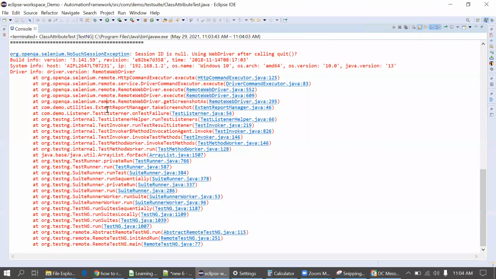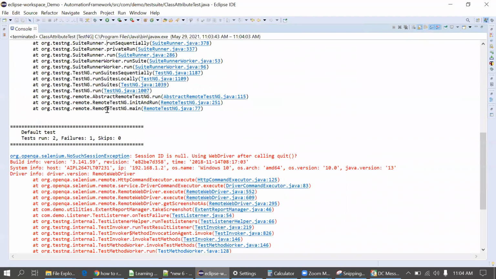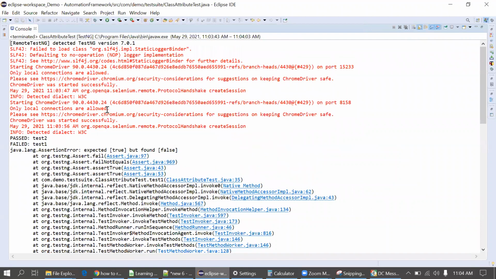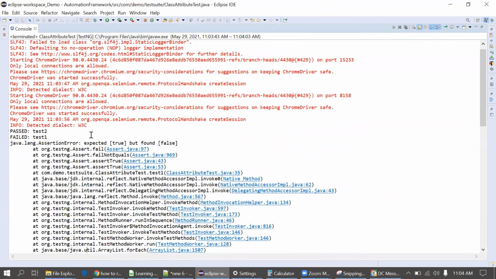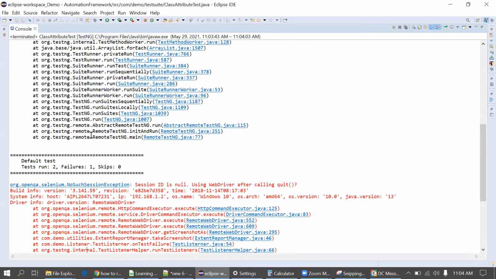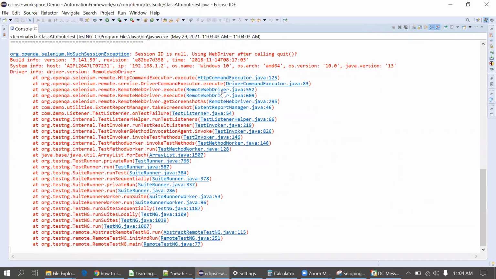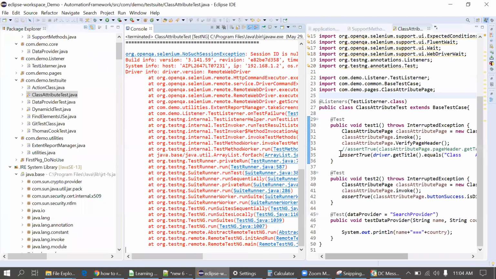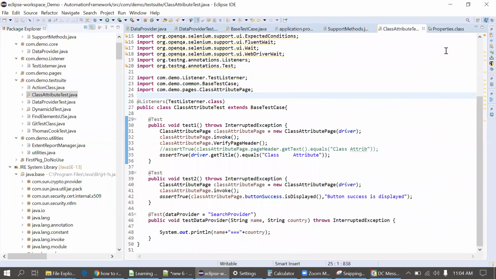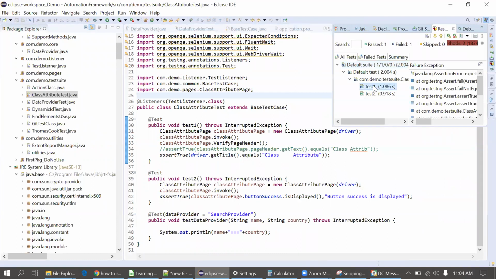It got terminated. Why? What happened here? Let me check. Let me check the error. What happened here actually? Opening the TestNG. It's test 1, test 1.